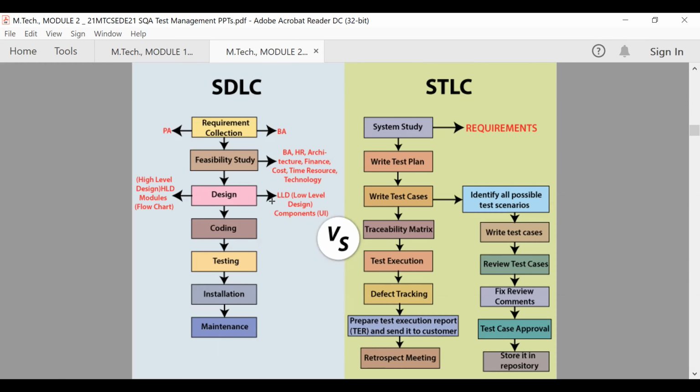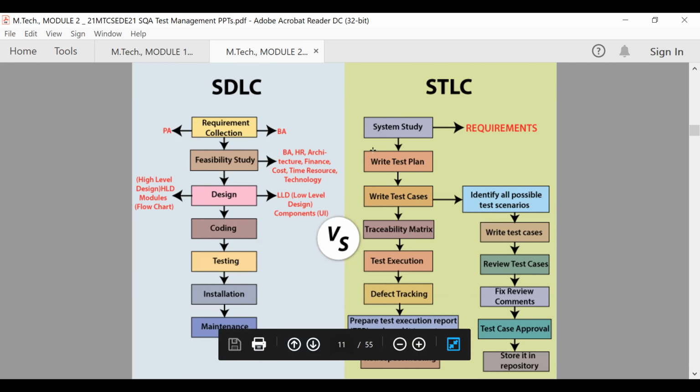If you need a low-level design for the components, the corresponding user interface design, all those things will be identified. Based on the design, we go for coding, then testing will be performed. During this testing only, we are going to follow these steps. Once the testing is over, we will install the software and the maintenance activities will be taken care of.